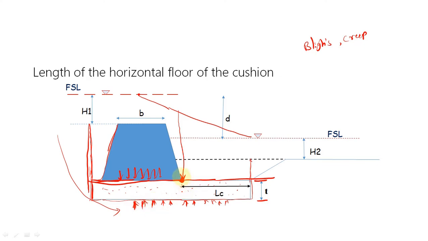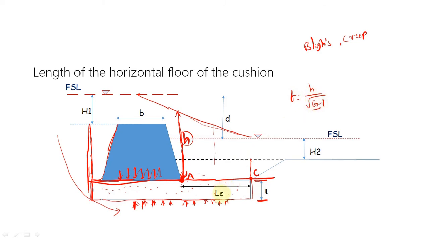But after this point, suppose it is point A, after point A there is no counterweight. That means at point A the uplift pressure is maximum, say H, which is the uplift pressure at point A. But you can see it is reducing linearly from A to, suppose, point C. H is maximum at A. Then if you know this H, the thickness will be H by root of G minus 1.